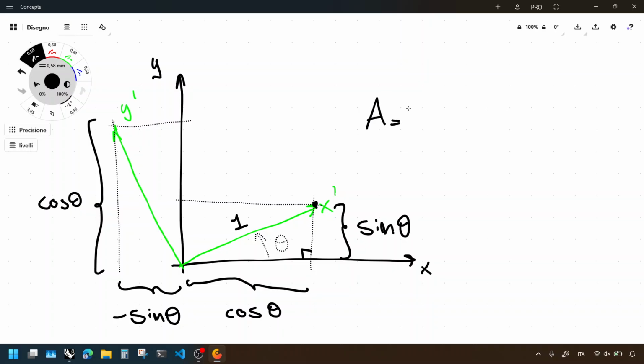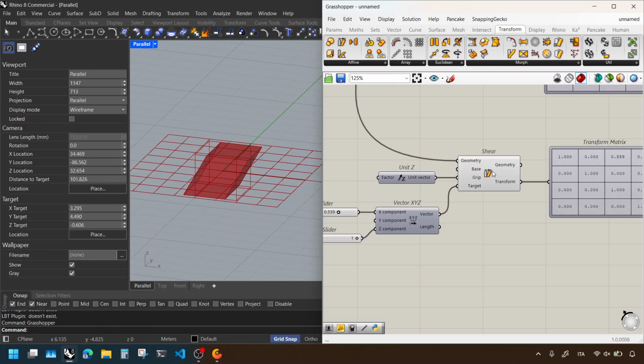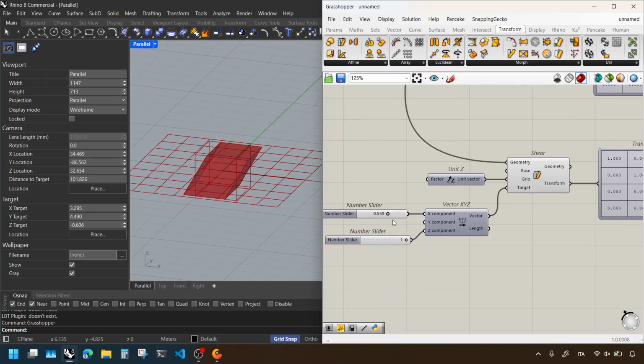So this generic matrix is just the position of vector x, so it's cosine theta, sine theta, and then vector y, it's minus sine theta, cosine theta. So using cosines and sines, we can define the positions from angles. This is the same as what happens in the shear vector. These same elements are in the shear vector, and indeed, if we put in something that we know, so let's say 0.5,